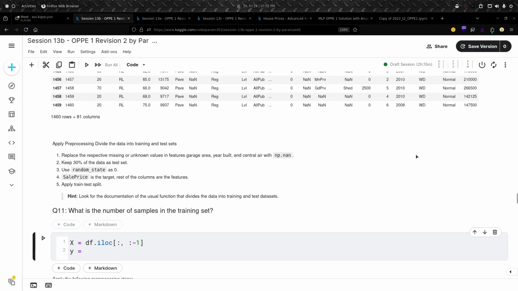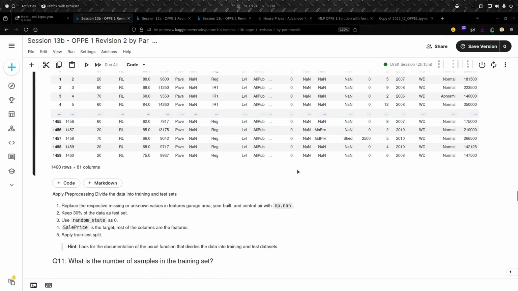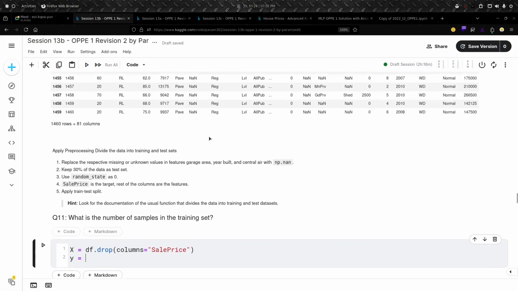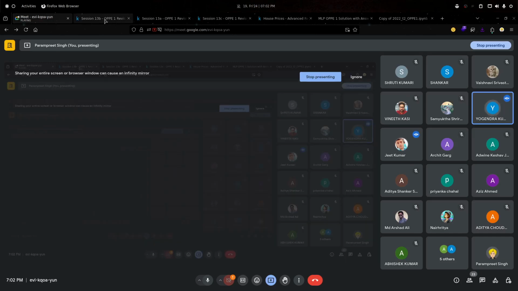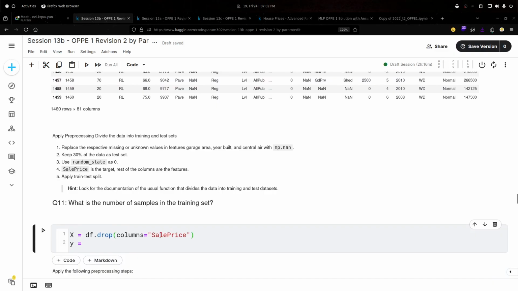Here we have the sale price in the last column. Let's suppose the price is somewhere in between. How can we check then? We can use drop. How? We can give the name of the column, sale price. If you don't write columns= also, I have checked, df.drop with only the column name in brackets, and with axis equals 1, it will also remove the column.